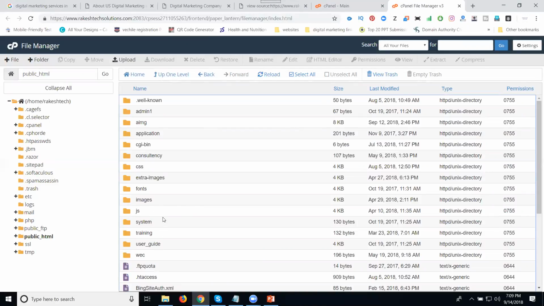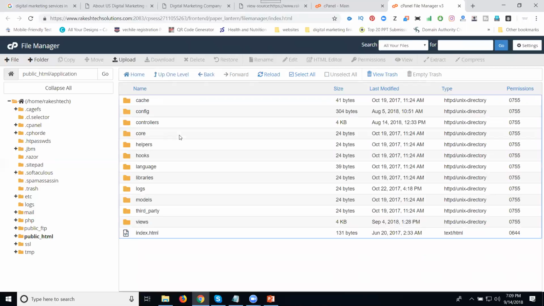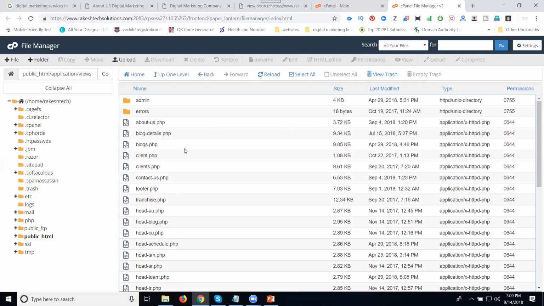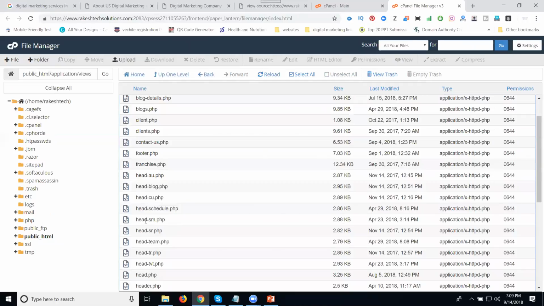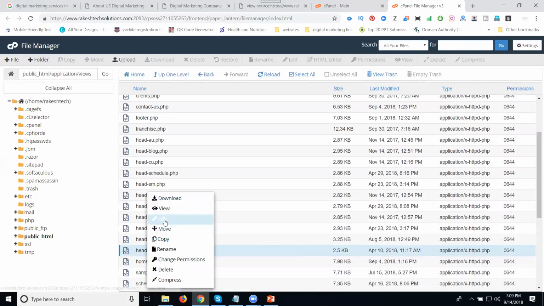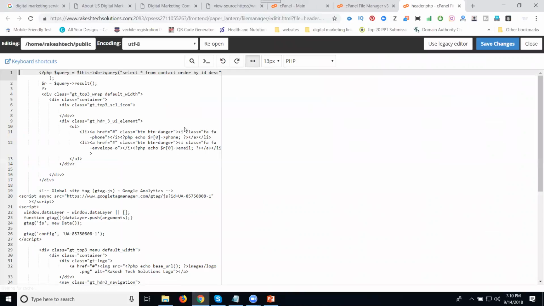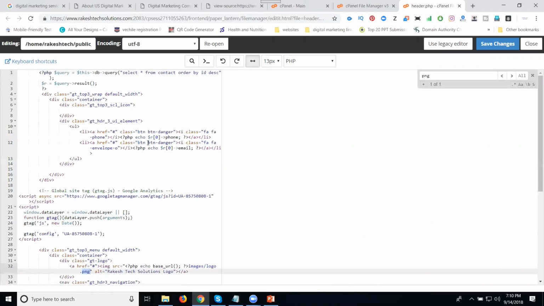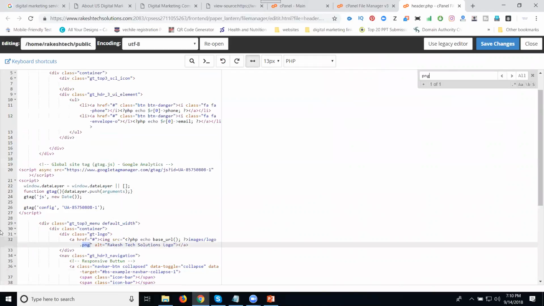In this one, I can go to the specific folders. Here, go to the specific option called header, edit. What is my logo name? Rakitech Solutions logo. Control F, select it. Images are there, see here.